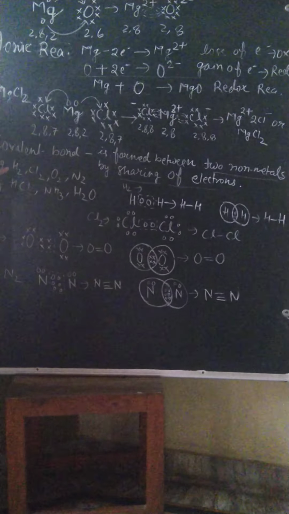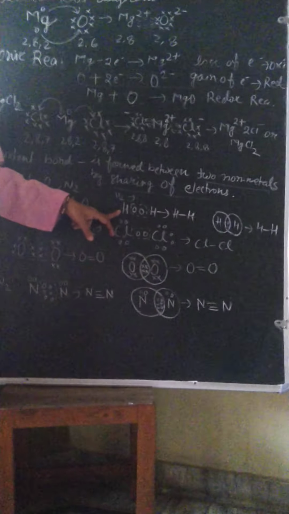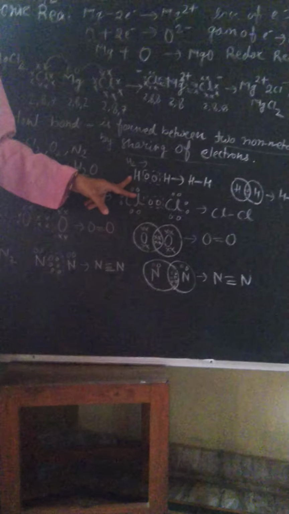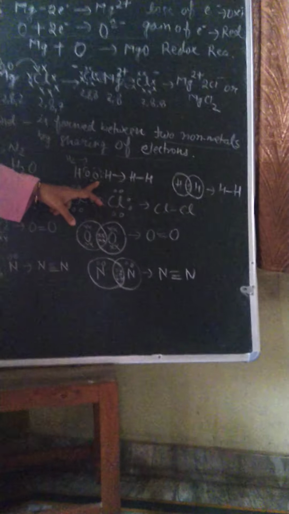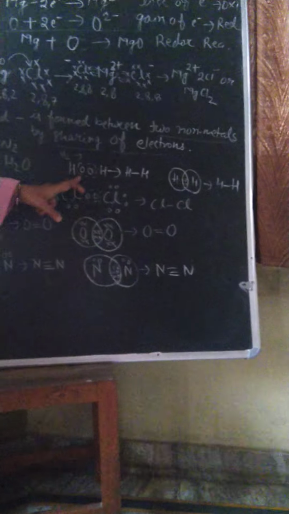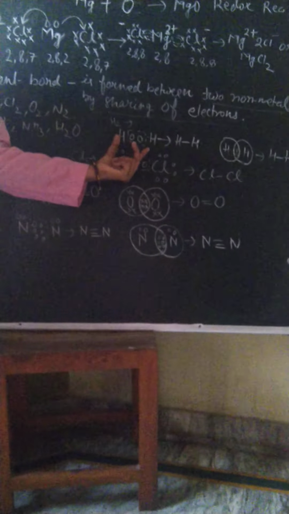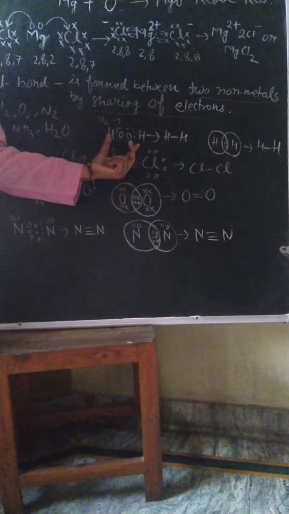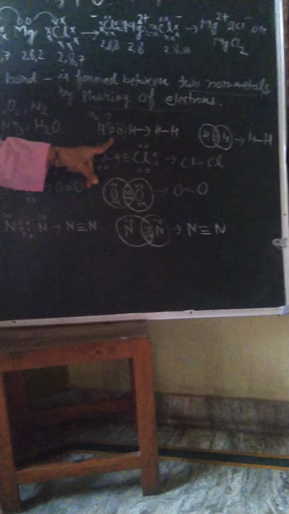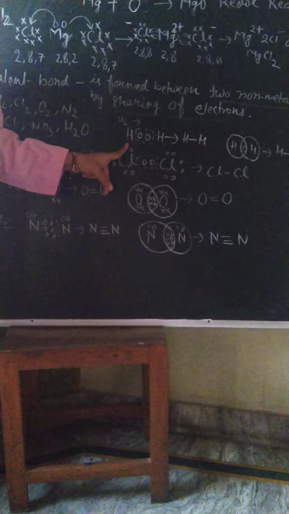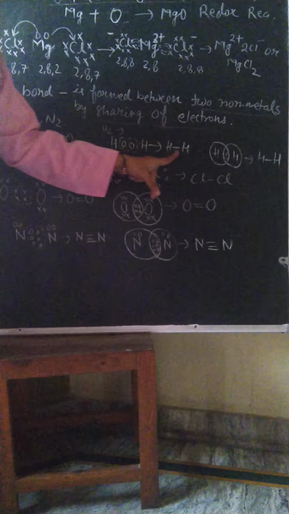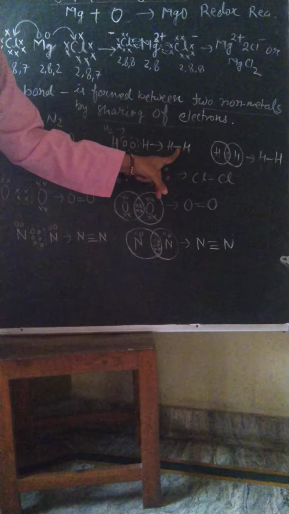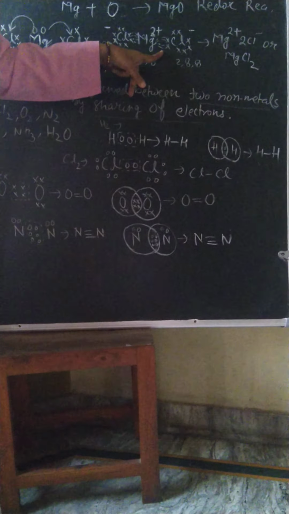Now first of all, we will see the formation of H2, hydrogen molecule. So see, you know hydrogen is having 1 electron in the outermost shell. So both the hydrogens will keep their electron in between, one electron in between, and it will be shared between both. So this shared electron will be held similarly by both the hydrogen atoms, and in this way one pair of electrons is shared between hydrogen. In this way each hydrogen will complete its duplet. Now see, a single covalent bond is formed. This is covalent bond and it was the ionic bond.